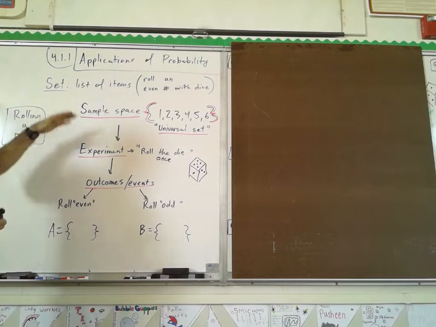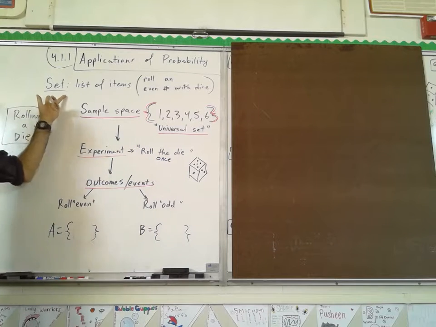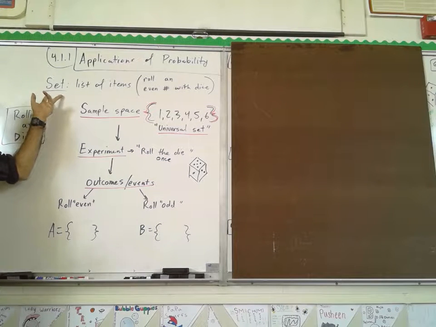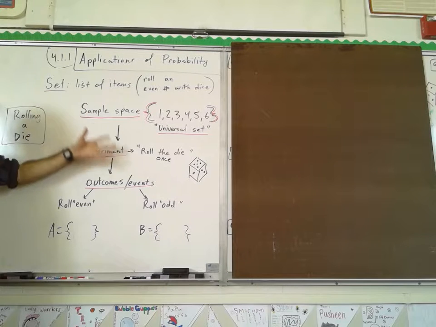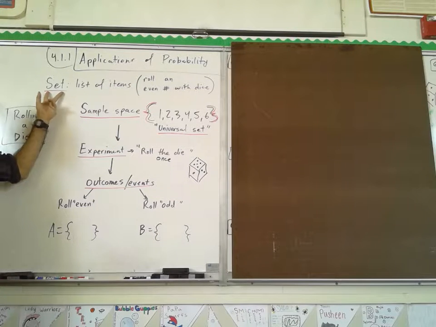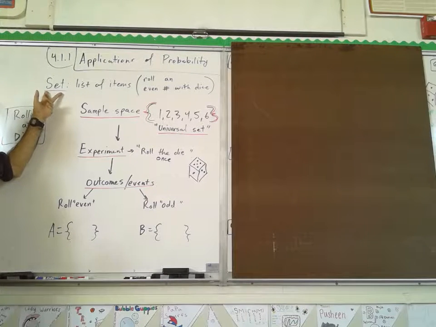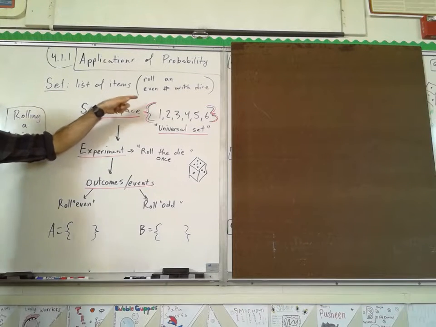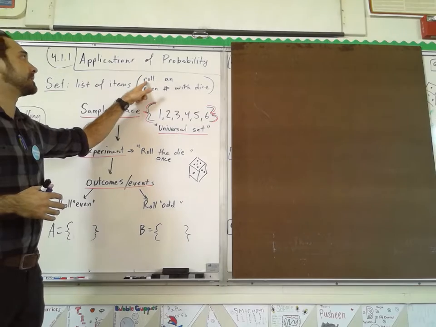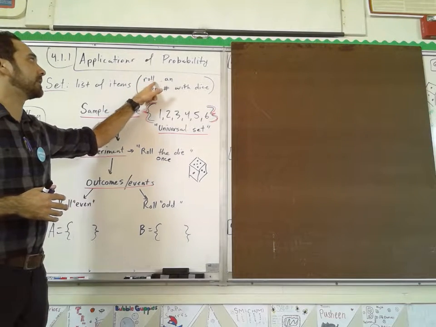Before we do that, we have to talk about sets, which set theory is a whole branch of math. It has its own notation. It's different than what we've been practicing with the quadratics and different algebraic approaches. Set theory is, and a set is, just a list of items. So, for instance, a set could have, you know, you're going to roll an even number with the dice,